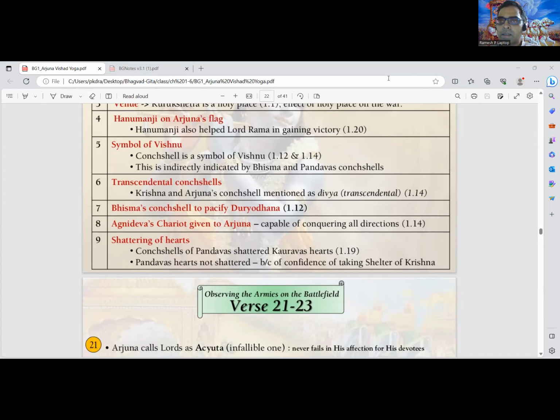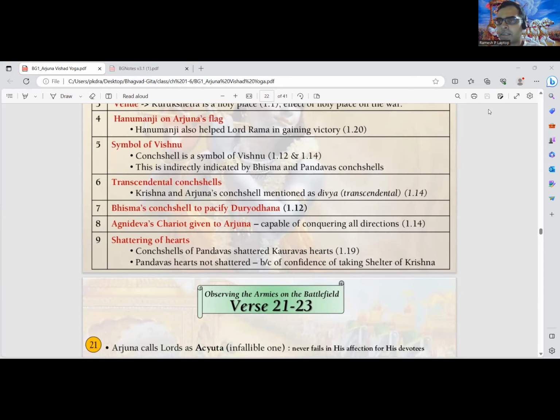Thank you, Prabhu. Sukant Prabhu, you can go ahead. Hare Krishna Prabhuji. Krishna is addressed as the infallible one because here in Arjuna the doubt starts creeping in, about whom he is going to fall. So basically he's expecting suggestions from Krishna without Krishna falling down from his position. Krishna being in his own position will give a suggestion which will be beneficial for him. That's how I believe.